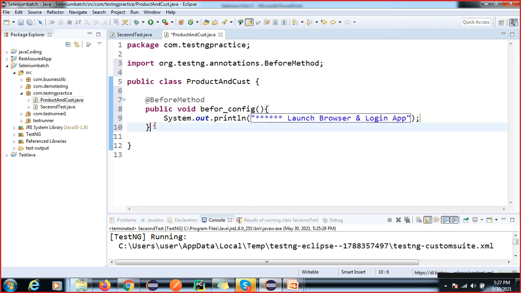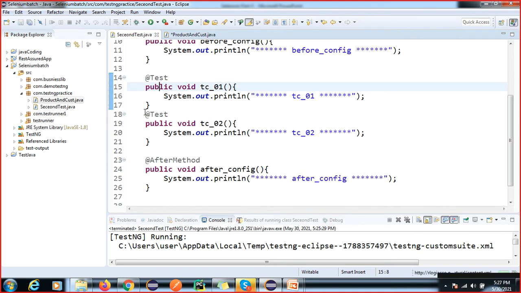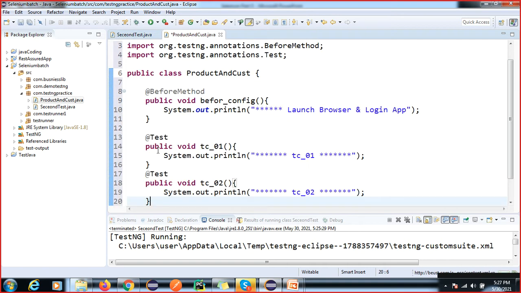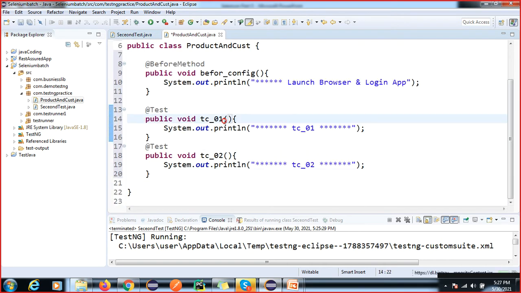Then we have the create customer test. I'll just copy paste from here and modify it, so it will save my time also. Here we are creating the customer: create a customer and verify the customer.